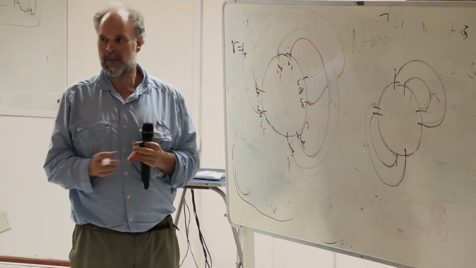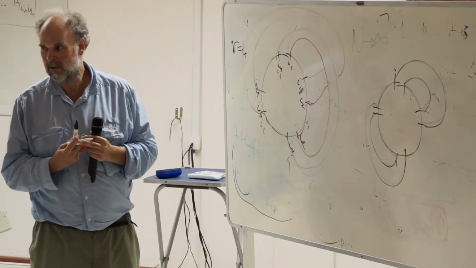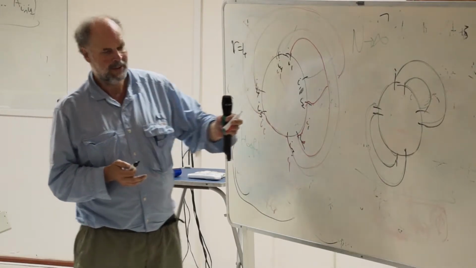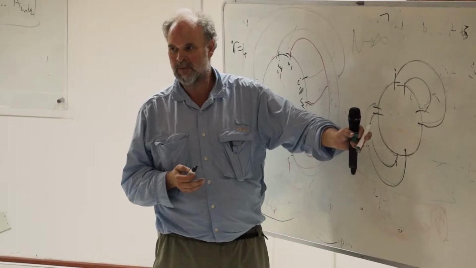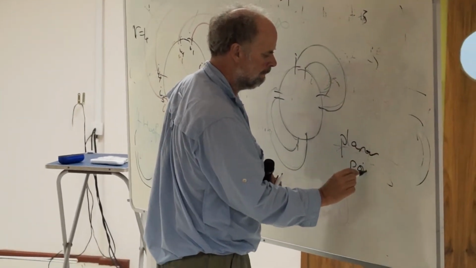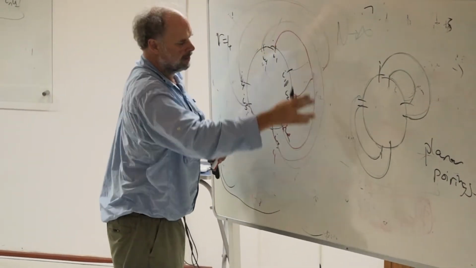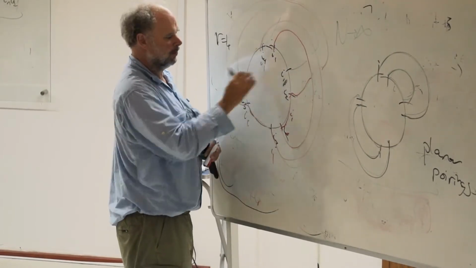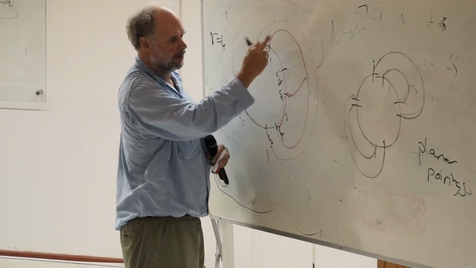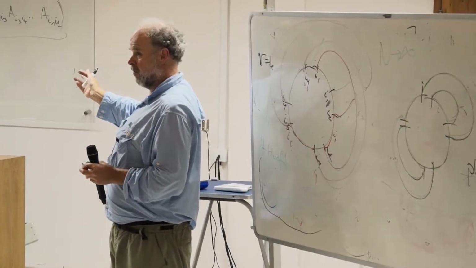Now what about all the other pairings? Well, I've done this a bit quickly, but the idea should be fairly simple: the pairings that are really going to contribute as N tends to infinity are the so-called planar pairings. And this was not a planar pairing. You could not embed this thing in the plane, because in order to pair this with this and this with this, they have to cross. And the reason that they had to cross was exactly the thing that limited the size of the contribution to the trace of A to the fourth.